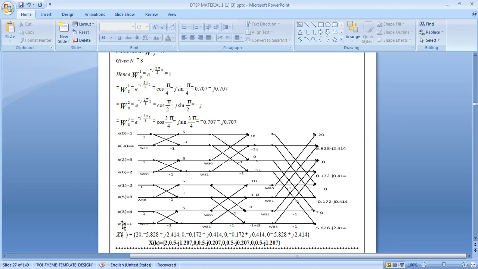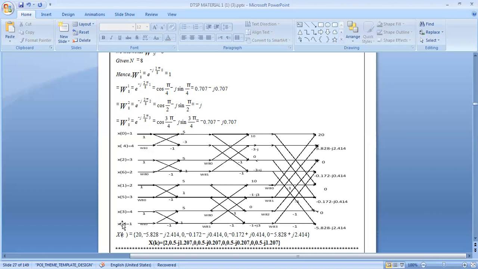Okay, we have found out. So that is 4 multiplied with 1, so this will be 4. Again 2 multiplied with 1 is 2, 3 into 1 will be 3 and 1 into 1 will be 1. What's the next step? We have to add x of 0 and x of 4 in order to get the new complex number a. So when you do the addition, what will we get? 1 plus 4 is equal to 5.